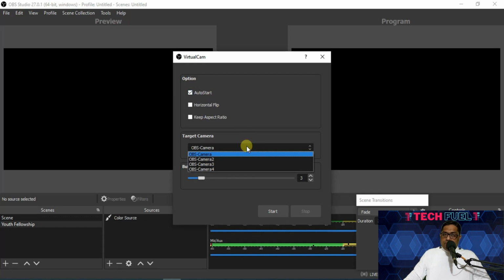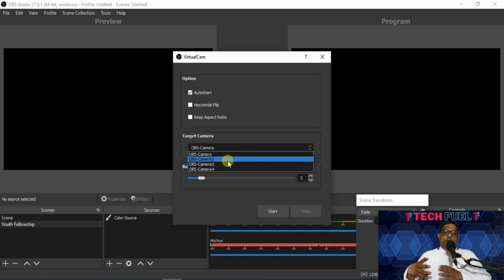Now this you have to remember, because if you choose camera 2, 3 or 4, and in Zoom you choose OBS camera or OBS camera 3 or 4, you won't be able to see what is being shown in the OBS. So you need to be very sure which camera you're choosing.